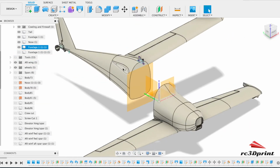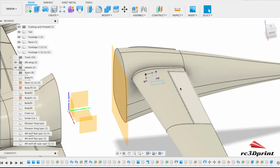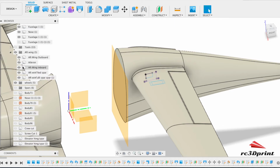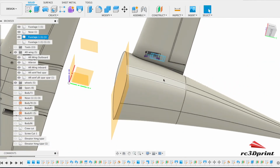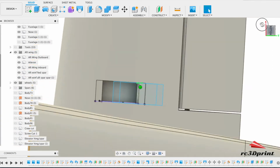And then where I'm up to with the main or the aft wing is the ailerons. I've done the cutout for those. There we go, you can see the spar going through there and there. And I followed exactly the same process as I did for the forward wing. I didn't record it because it would basically just be a repeat of the video. And I've done the same cutout here